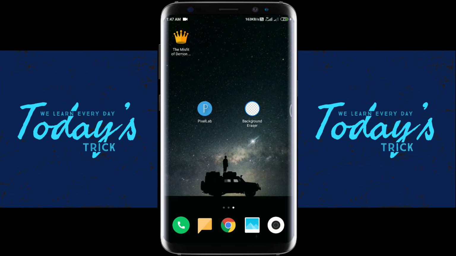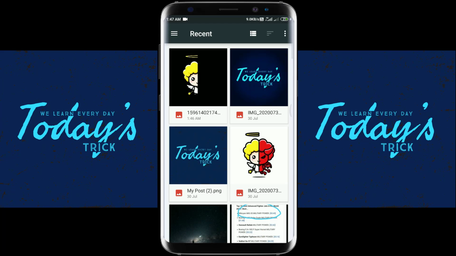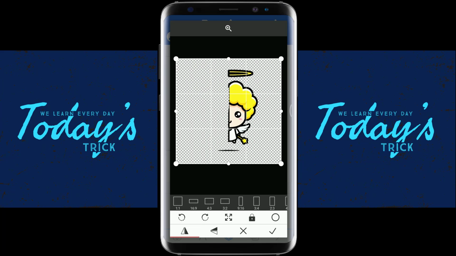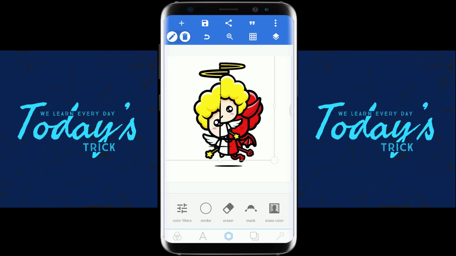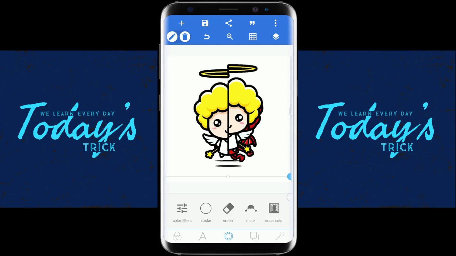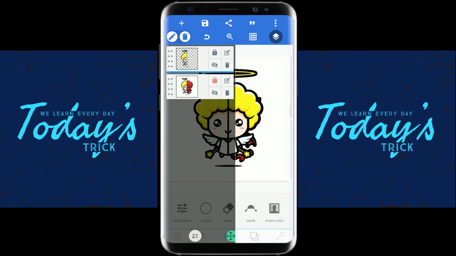The photo is loaded. What you have to do, get to the pixel lab, go from gallery. As you can see, this is the PNG image. Just select it. Done. As you can see, match it to the present picture size. Think that will do. But as you can see, there is little problem here where the middle line, there is a best option for you. I will show you that.